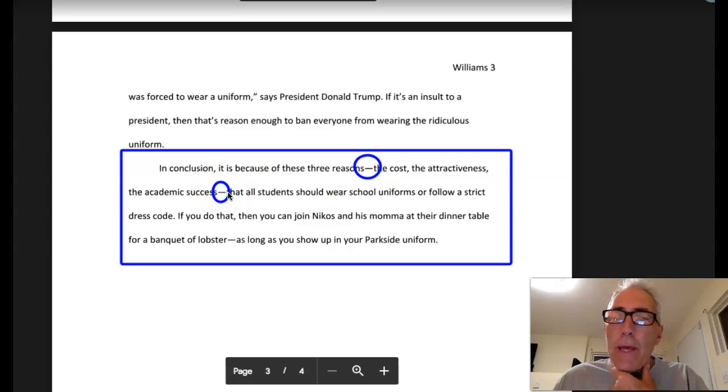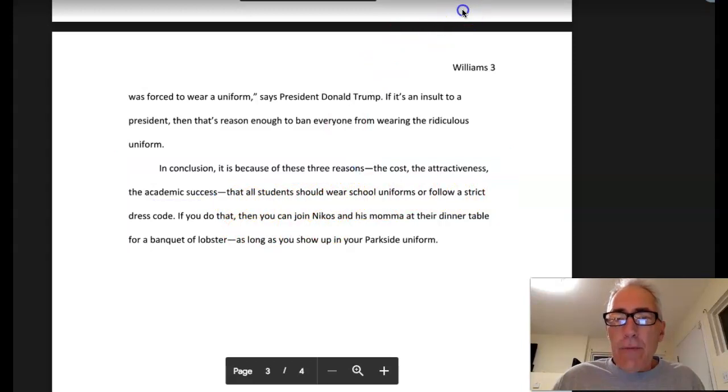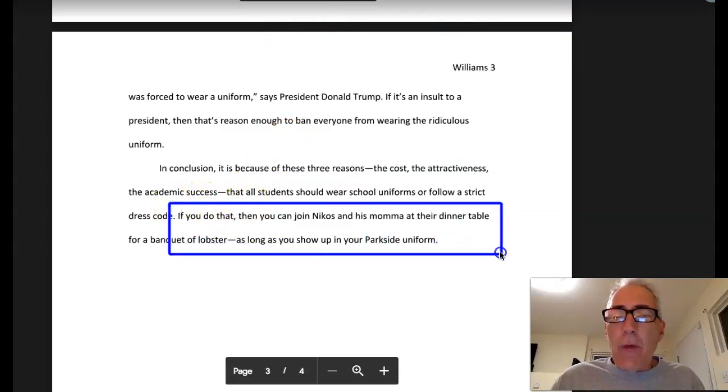And a reminder that the way a dash works is you have the main, the general idea before it, like this. In this case, it's reasons. And then you list them in here. The cost, the attractiveness, the academic success, and then you resume the sentence after it. Following that is, let me focus on it here, a last sentence right here that in some way refers